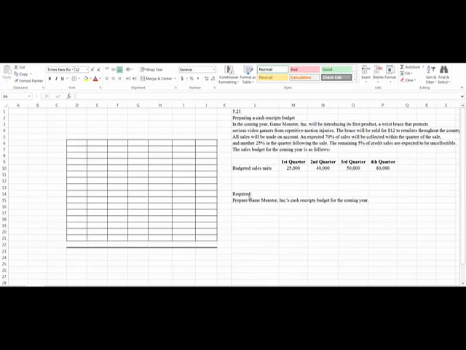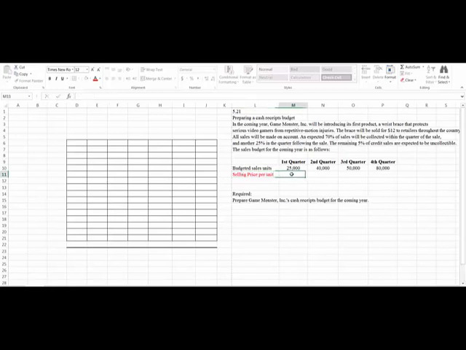Okay, so our job is to prepare a cash receipts budget for the coming year. So we want to know when we sell these products, when will we be receiving the cash, and this information will be used later to prepare a cash budget. Okay, so the first thing I'd like to do, here we have sales in units, so let's convert this into sales dollars. So let's multiply by our selling price per unit,